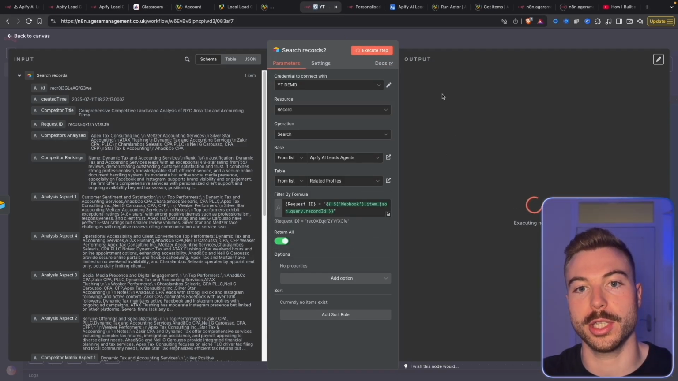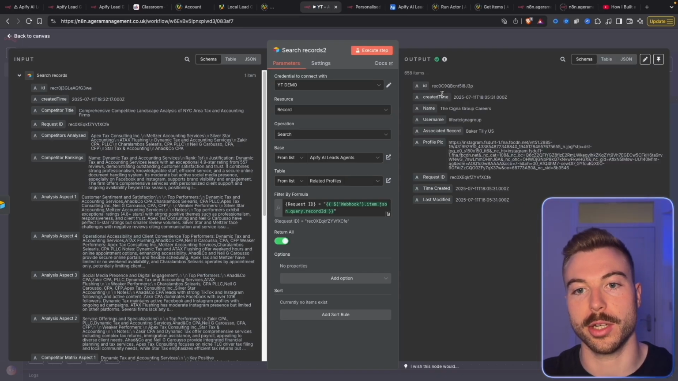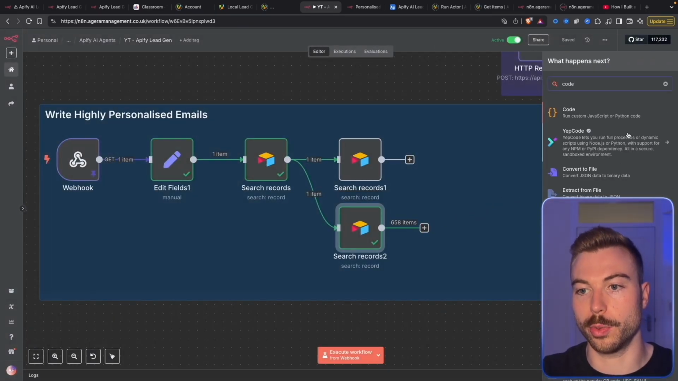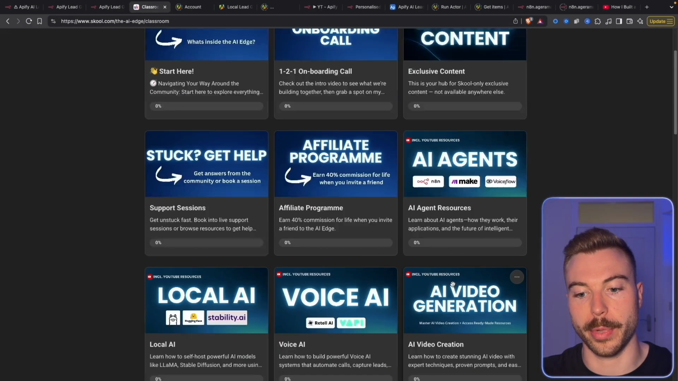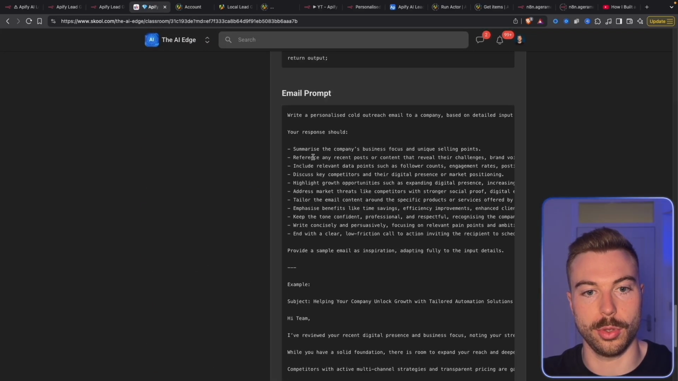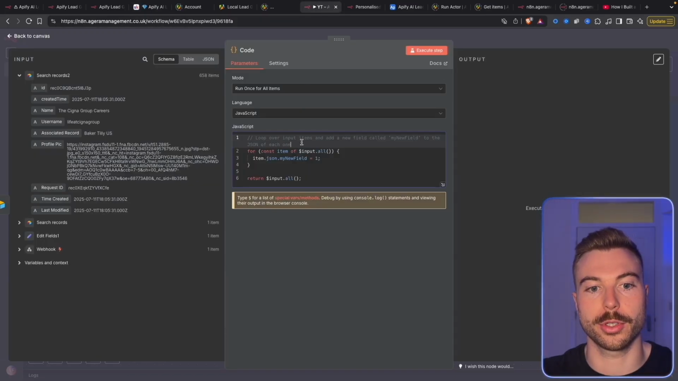So if we execute this, I think there was about 600 odd that we scraped across in its entirety. And there we go, we've got it back. Now if we come out of here and do save, we're going to add a code module in there quickly. Come back across to our classroom, come back into where we have the AI agents, come down to where we've got the code module here, copy all of this, come back across, paste in there